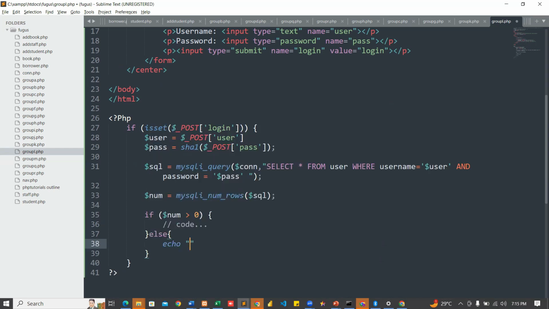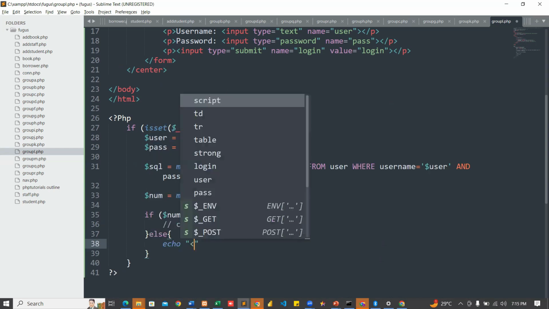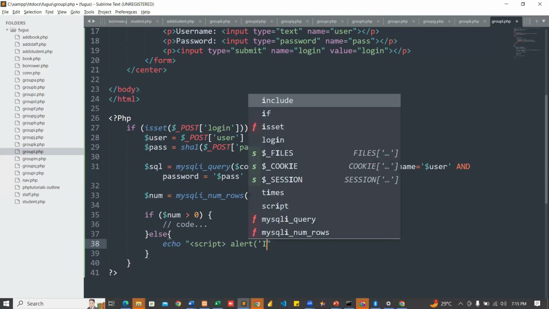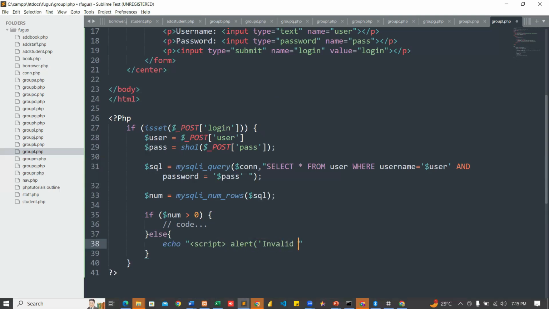echo amma nan za mu sa script alert saboda ya rika ba mu shi a sama, is javascript query script alert, invalid username or password combination